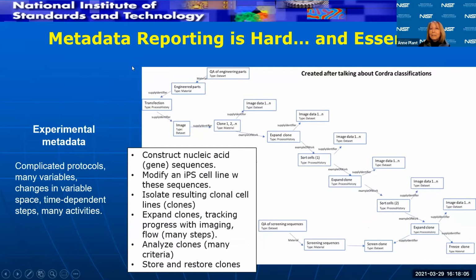And it's one of the reasons I think that biological research is sometimes so hard to get a handle on and to really evaluate in terms of being able to share data and combine data, is that experimental metadata can be really complicated: protocols, lots and lots of variables.